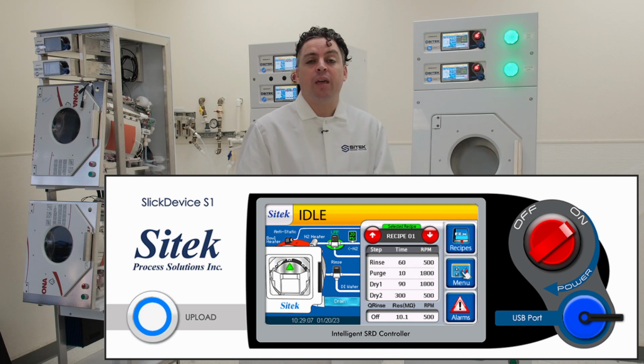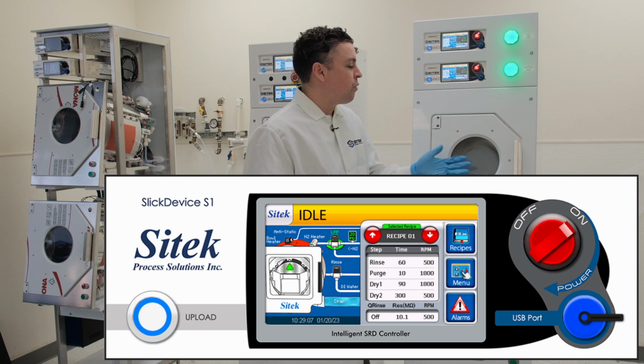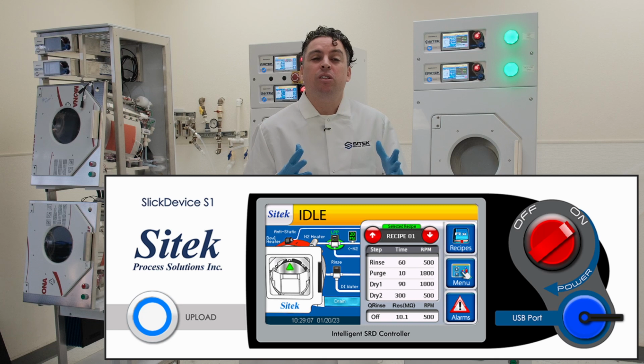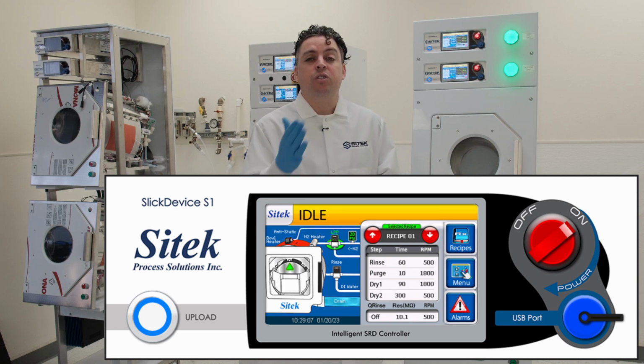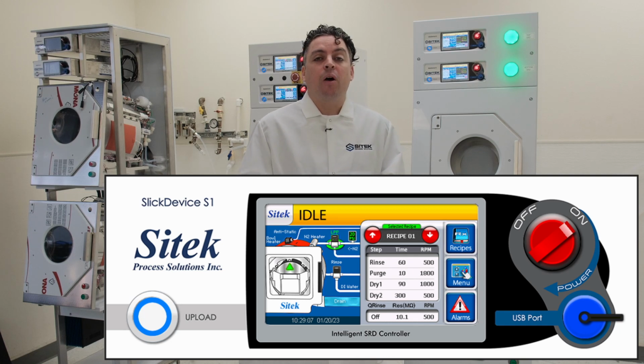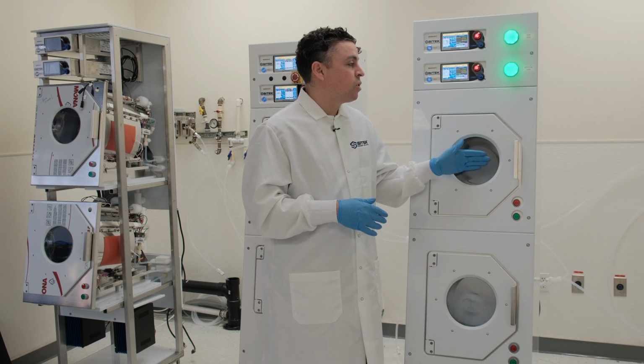We also have a nitrogen purge saving feature, which allows you to shut off the nitrogen waste in between runs. This typically saves at least $2,000 a year in wasted nitrogen and can save even more depending on what your nitrogen cost is. If you're interested in learning more about how we can save you nitrogen, not just on the systems that we'd sell you from our inventory, but also how